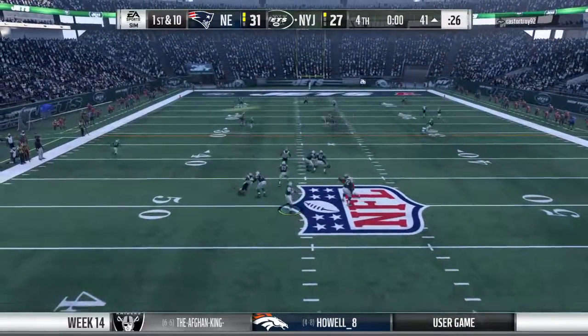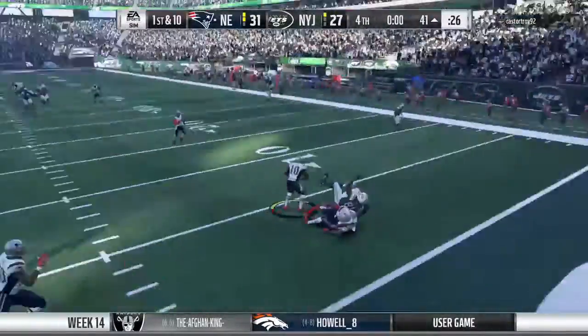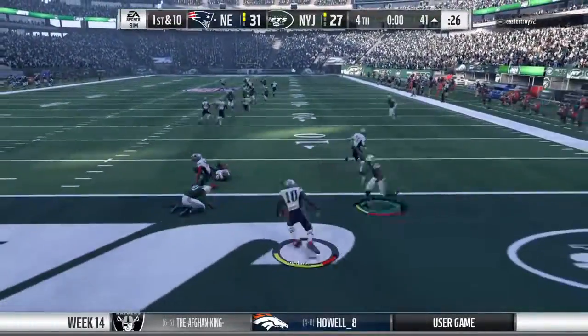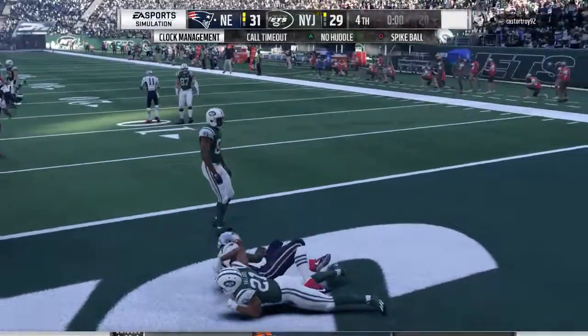One final try now for Garoppolo. He's going to let it fly. And, oh, a crusher there as it's intercepted. Picked off down near the 5. And now this is going to be a safe